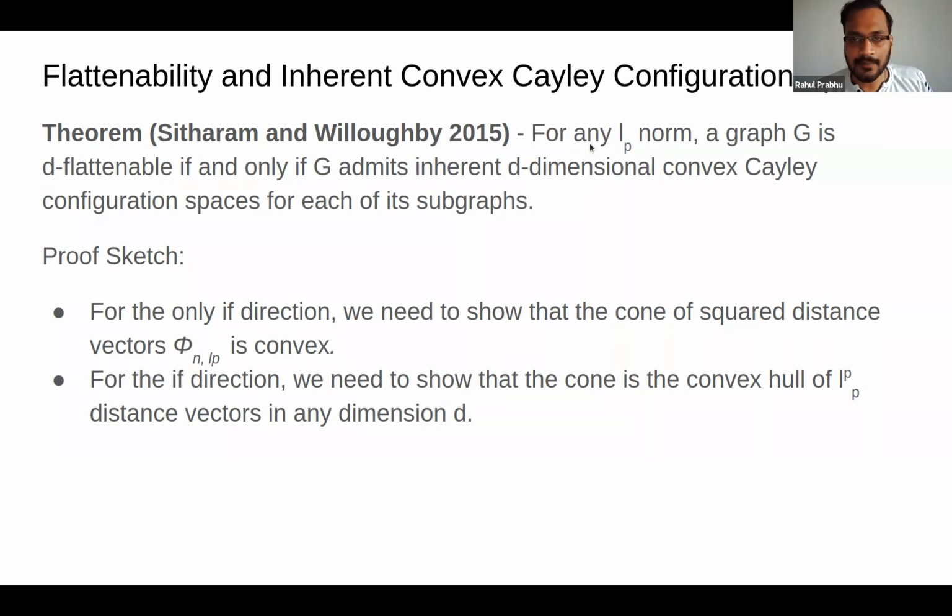So he's asking if this LP norm is... Yeah, I don't think we showed it for the infinity norm. It was just the open interval. The paper has some results for the infinity norm, but not for this particular theorem. I don't think it was for the case of dimension 2, because then L1 and L infinity pretty much behave the same way. But that was in the part about forbidden minors later in the paper. So is it true for L1? Yes, this is true for L1. So it's just L infinity that's the problem.